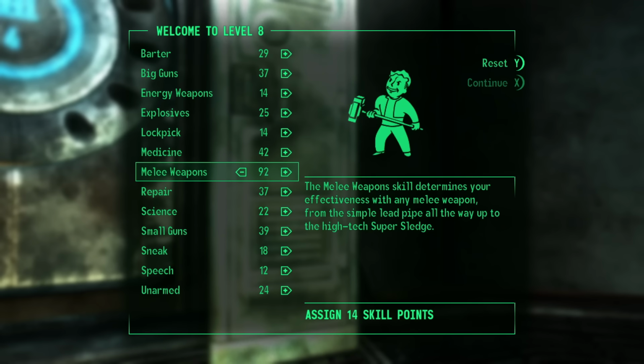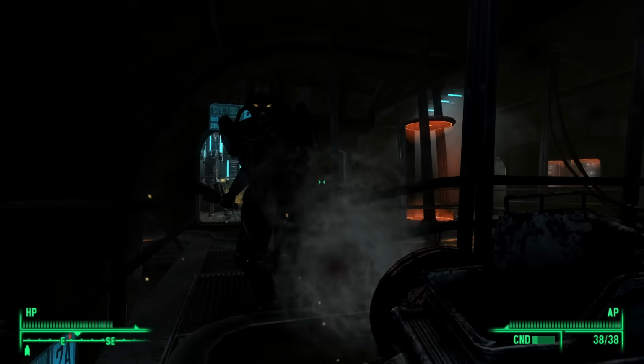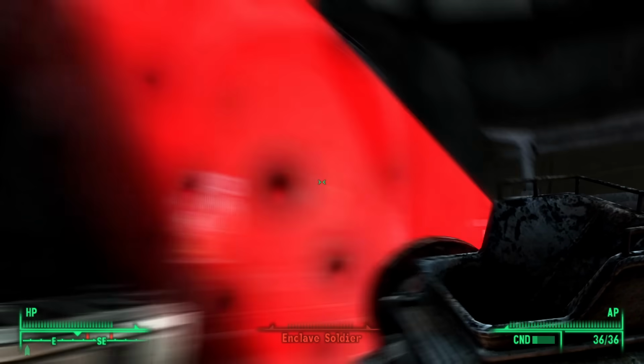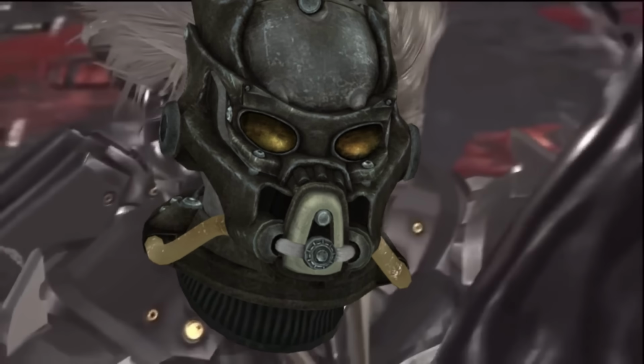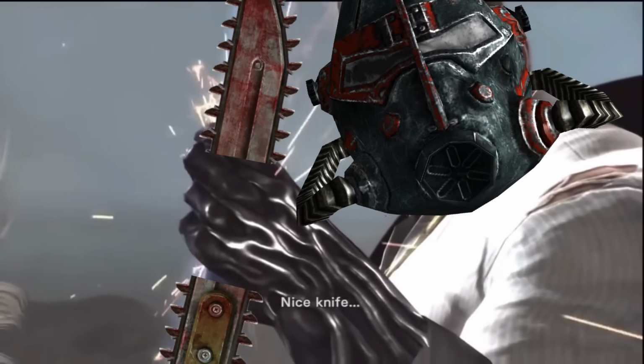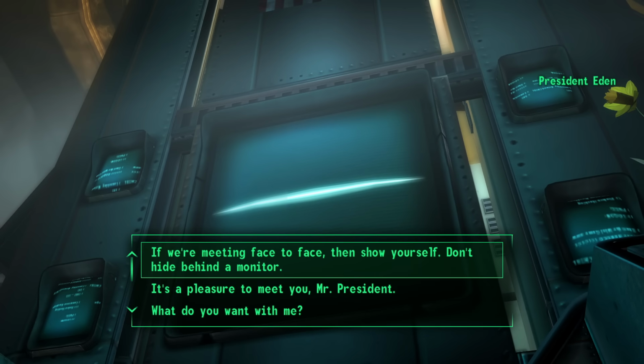Once at Raven Rock, I leveled up and got my melee weapons to 100, which made the Shishkebab a weapon to be feared. One soldier with the Ripper was brave enough to fight me head on, and, well... Nice! Once I got to the President, I had a civilized chat with him and promised to insert the modified